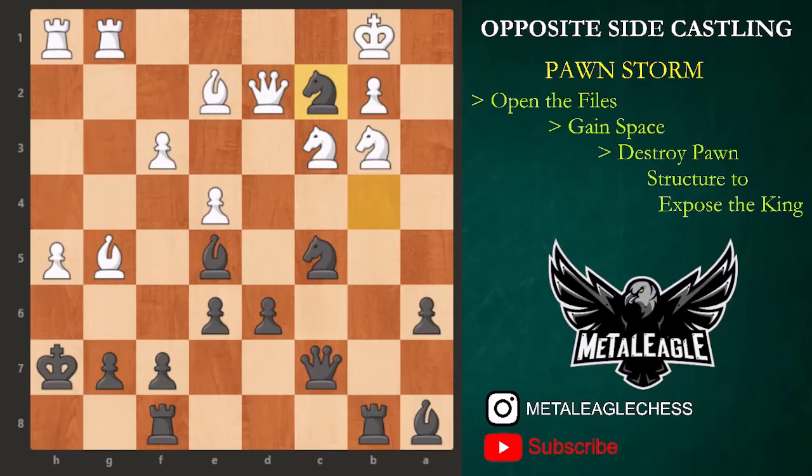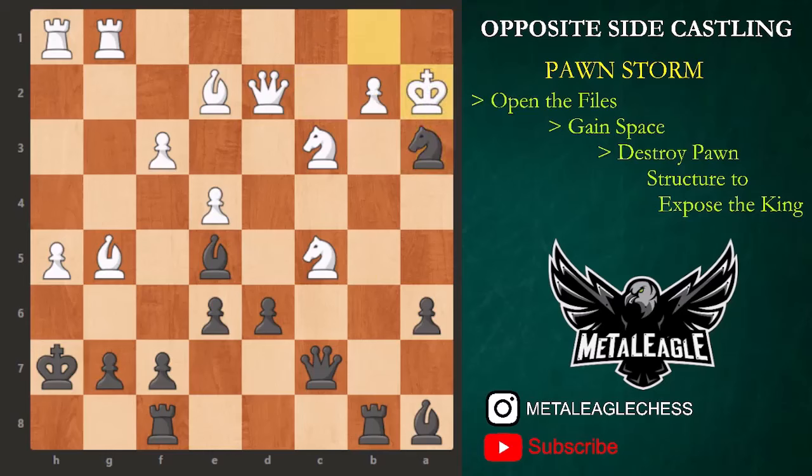So after knight takes c2, white captures the c5 knight first, but there is knight to a3, taking advantage of the pin on this b2 pawn, and an in-between move, a zwischenzug, remember? So king a2 has been played by white, and only then black captures the c5 knight. Okay, if b takes a3,